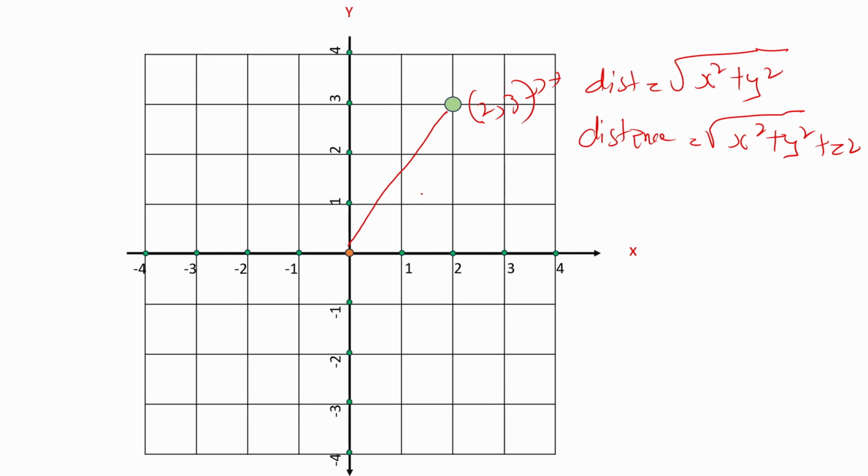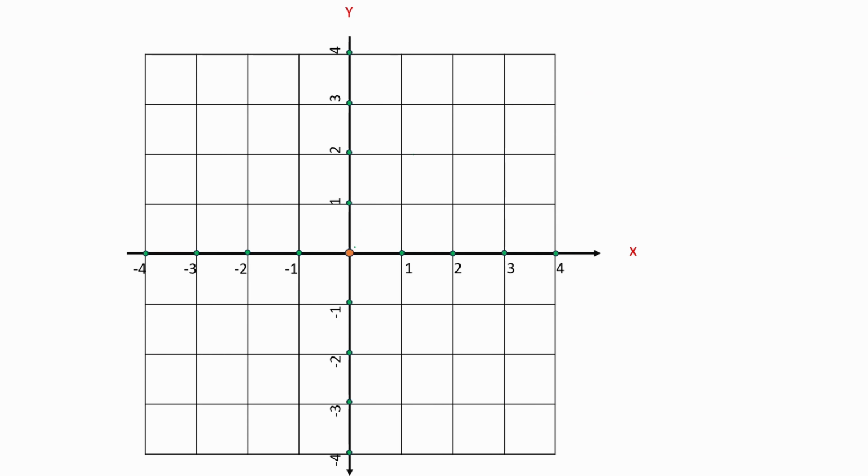Now let's see how we can represent vectors. Now let's say I have a vector A and I wanted to find its distance from the origin. To do that, we could use the formula known as the distance formula, and it can be directly derived from the Pythagorean theorem. So distance of vector A is given by square root of x square plus y square. Now you could also write it as distance or magnitude of vector A